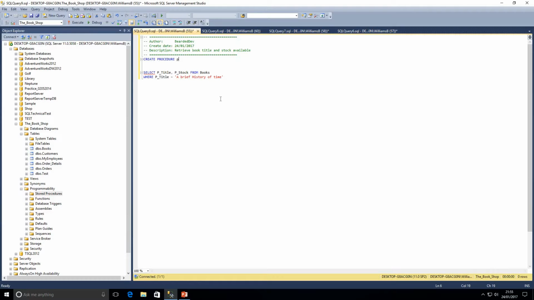So we're going to call this P, so we know it's a stored procedure when we're looking at objects in the database. That's just something I like to put there just to identify that this is a stored procedure. And we're just going to call this pStockCheck. So our first instruction is create procedure, and then we want our name, in this case pStockCheck, and then we're going to say as,